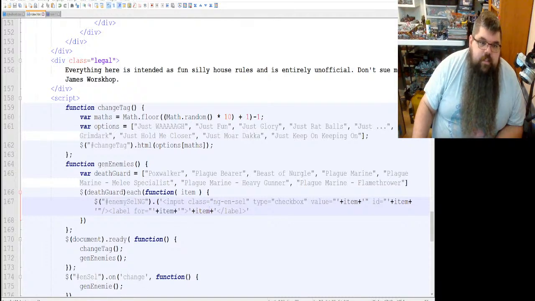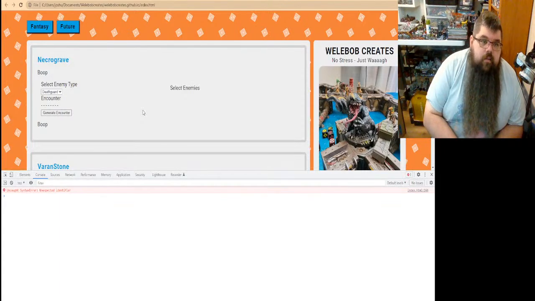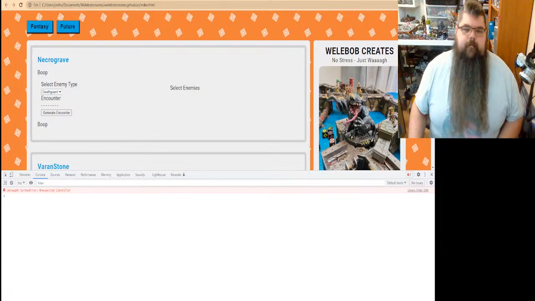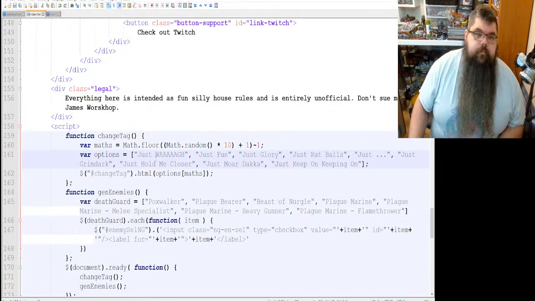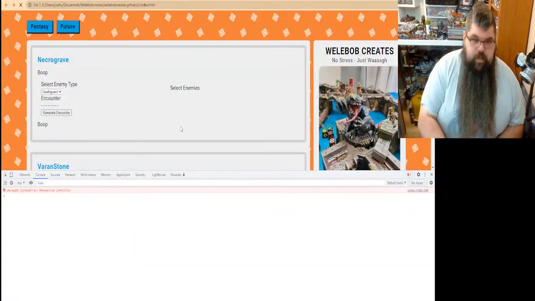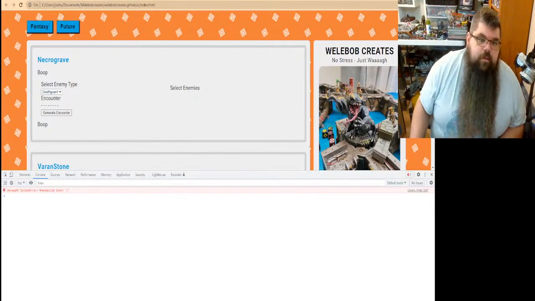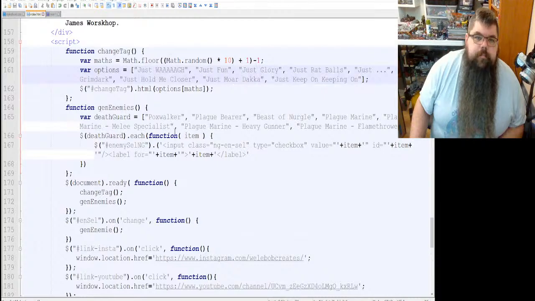Let's see if it works. All right, unexpected identifier 166. Okay, you can work with that. Should be a missing period. 167 unexpected token. Where's the unexpected token? Right here.